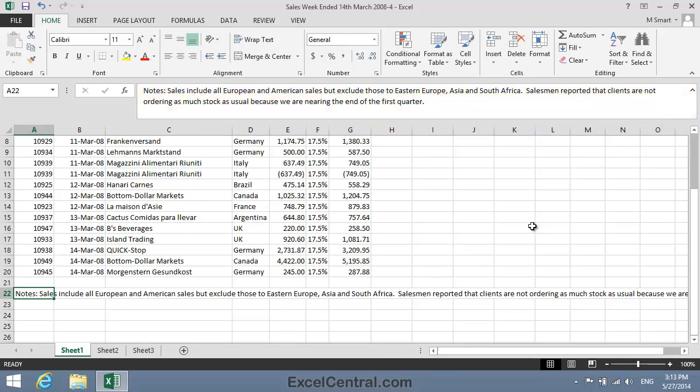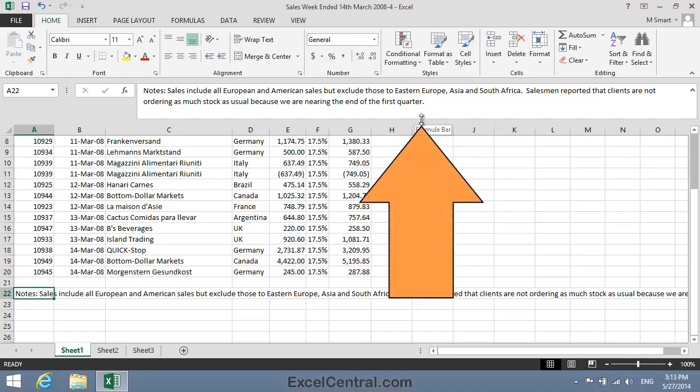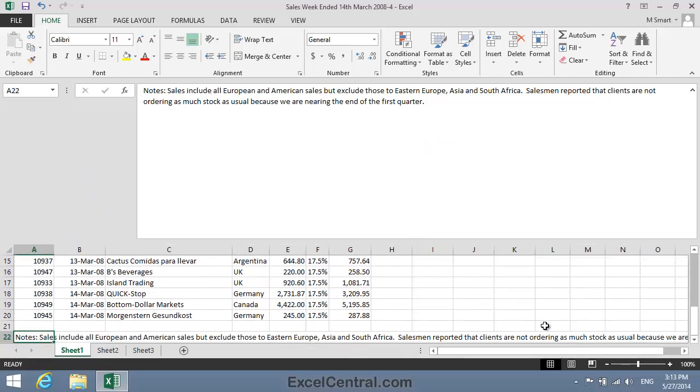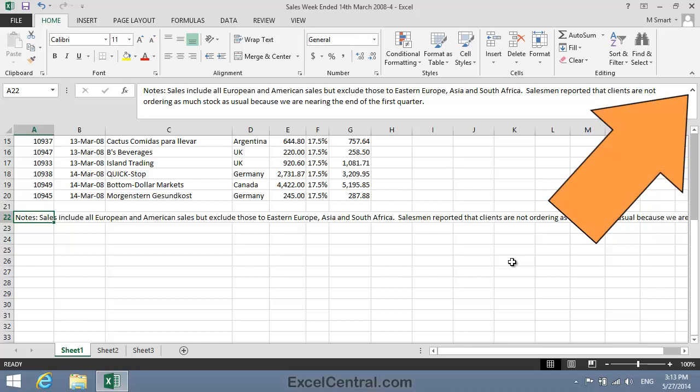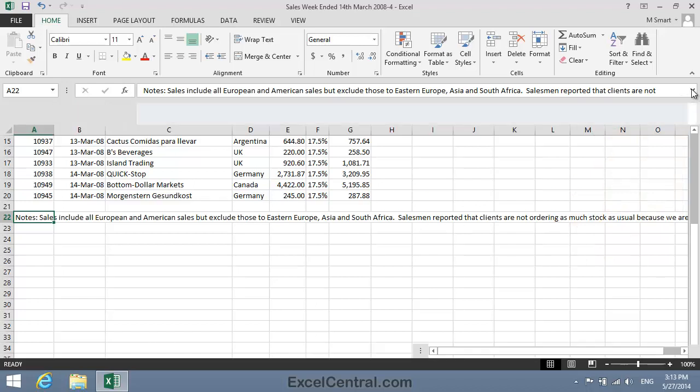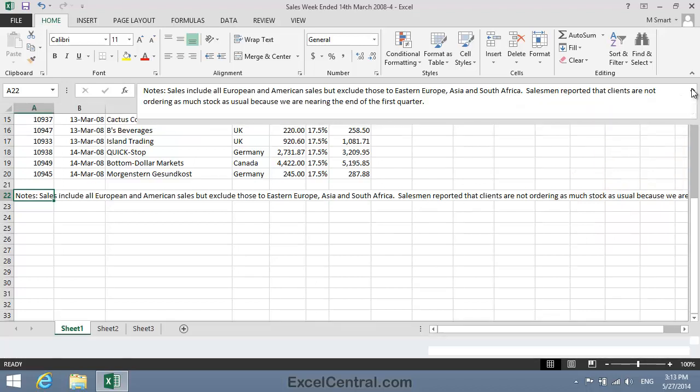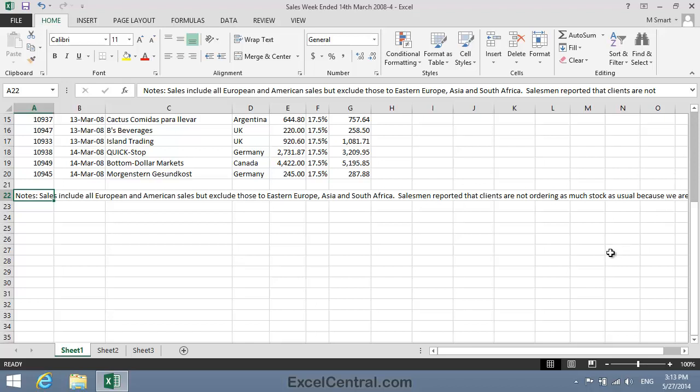If I click the formula bar expand button, the formula bar gets deeper, and now I'm able to read all of the text. And if there was even more text in cell A22, I could hover the mouse cursor over the bottom of the formula bar and then click and drag to make it as deep as I wanted it to be. When you've finished reading the text, you can collapse the formula bar using the collapse button in the top right corner. I'll click the collapse button now, so you can see I can expand and collapse by clicking the same button. But even reading the text using the formula bar isn't an ideal solution.